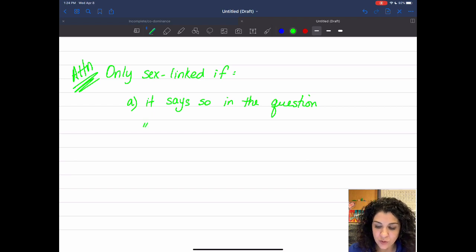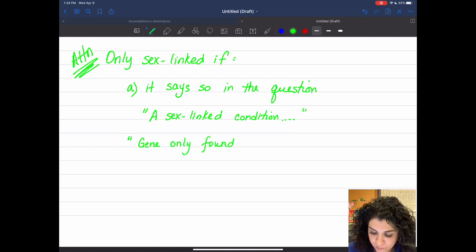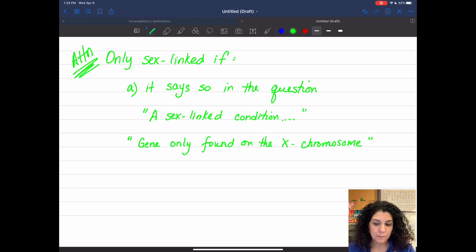So if it says so in the question, in the sense of you might have something like this: this is a sex-linked condition. Or it might say something to the extent of this gene is only found on the X chromosome. So only if it says so in the question, or